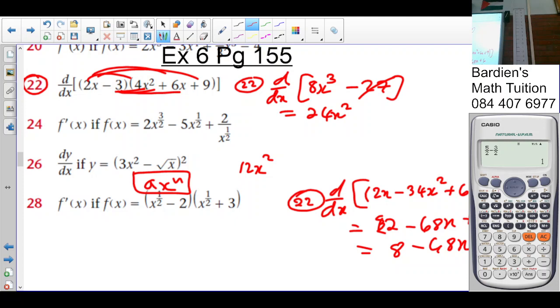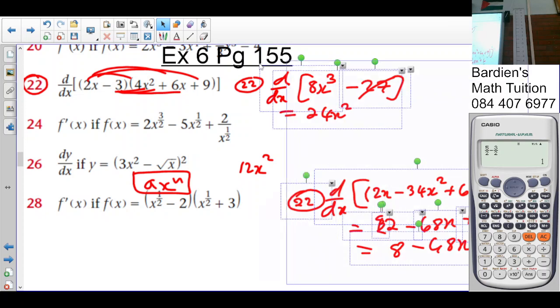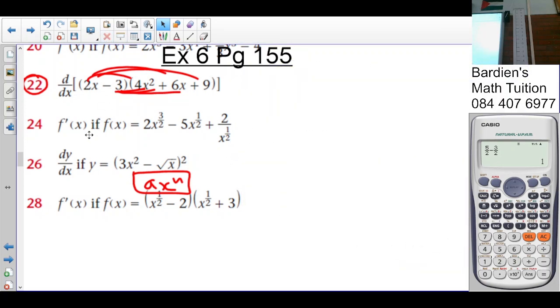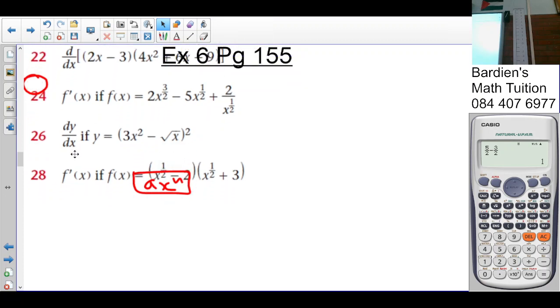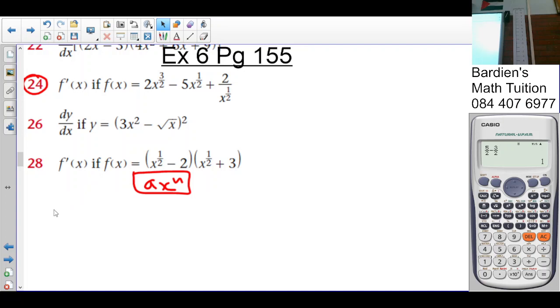So that is some other ball game that you're talking about. It goes into ln and those things, the natural log, which you guys won't be doing now. Number 24? Yes,